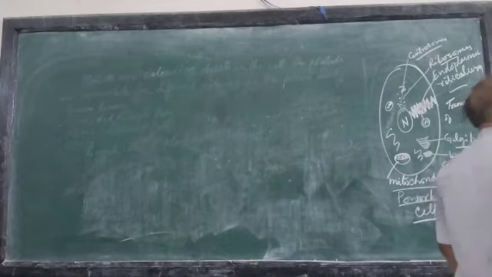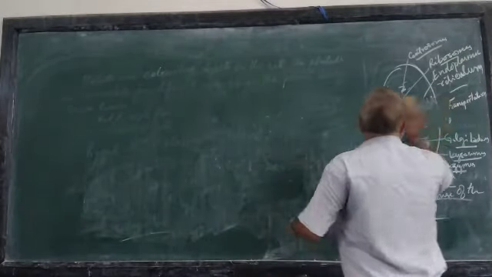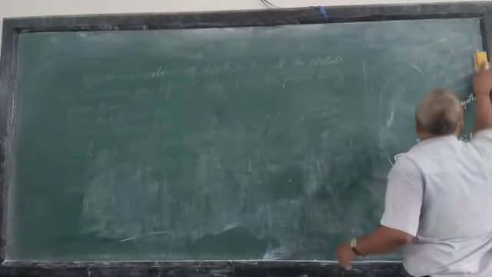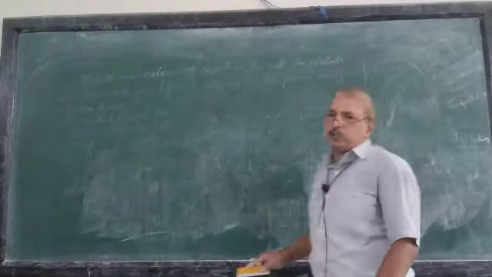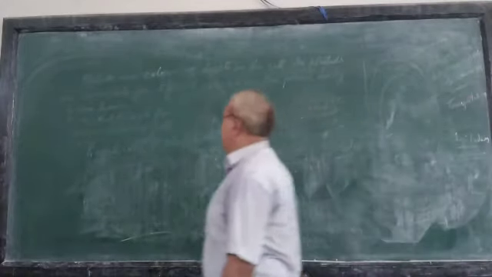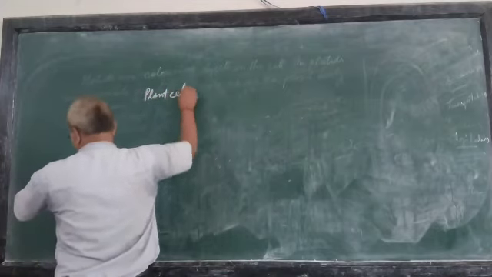So these are all about the different cell organelles in the cell. And one important thing that you must know is the differences between plant cell and animal cell. This is a very important question as regards the examination, right? So you must note down the differences between plant cells and animal cells. So plant cell, you see, plant